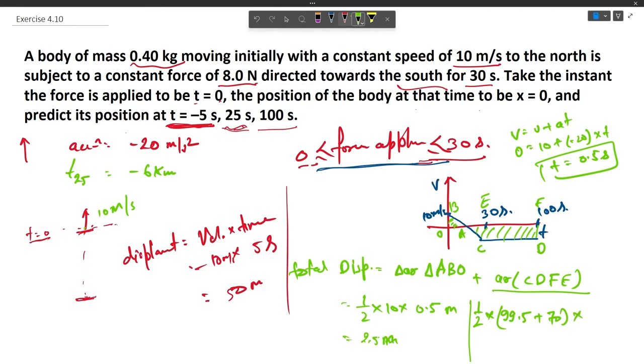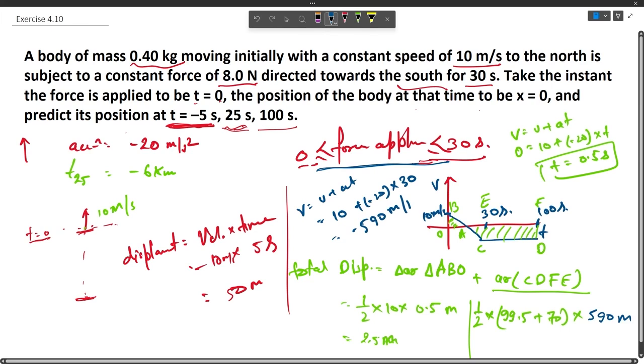Now this height is nothing but the velocity at t equals 30 seconds. So we can find it out with the equation of velocity, v equals u plus at, u equals 10 plus minus 20, that is acceleration, times 30 seconds. So this velocity would be equal to minus 590 meter per second. So multiplied by 590,